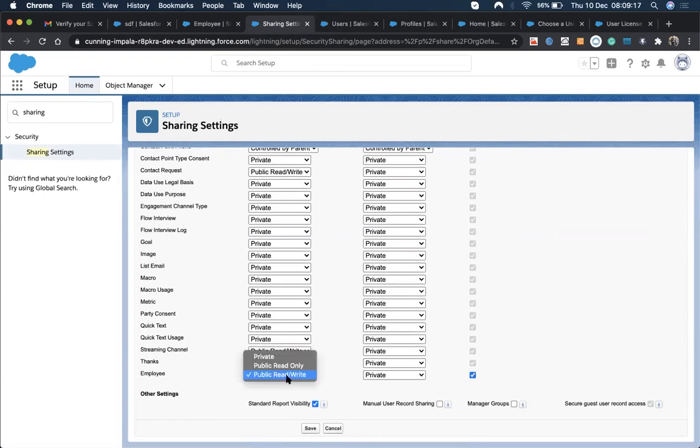As I told you, we have three options available: public read write, public read only, and private. Private works totally on the ownership of that record. Ownership means the owner of that record. Public read write means the user who is just logged in can see the records that he owns, and also see the records that he doesn't own. And read write means he can make changes in his own records, and also make changes in the